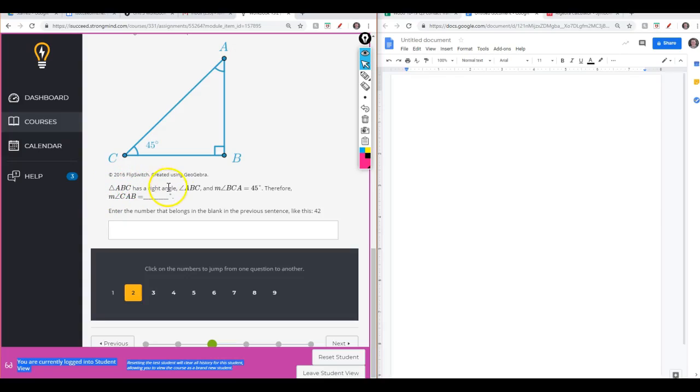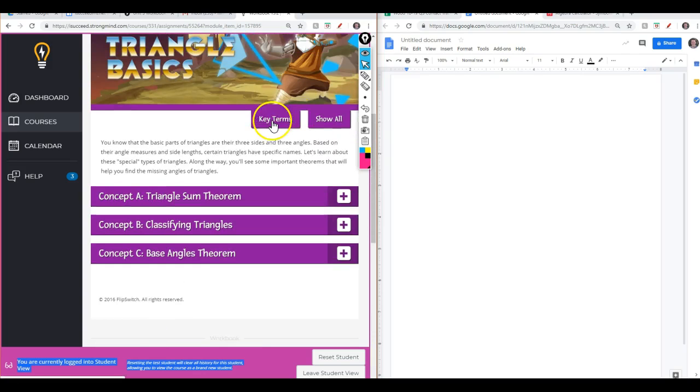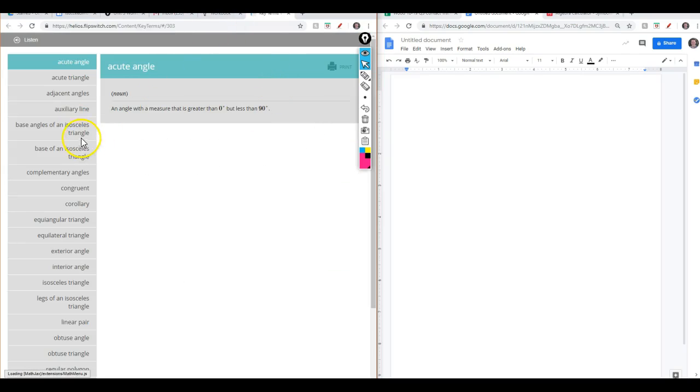Alright, triangle ABC has a right angle, angle ABC, and the measure of angle BCA is equal to 45 degrees. Therefore, the measure of angle CAB equals blank degrees. Okay, well if we're not 100% sure, you could click on key terms and click,